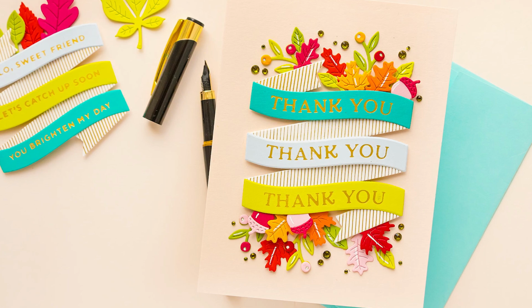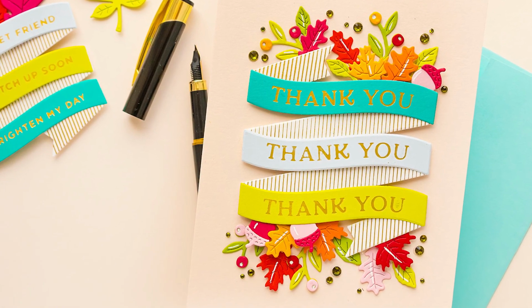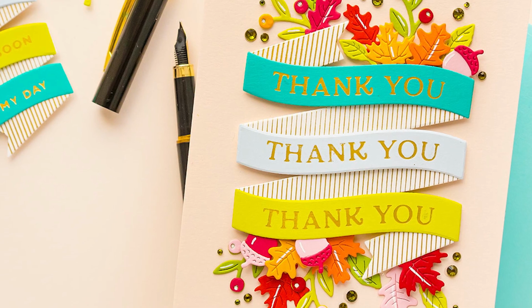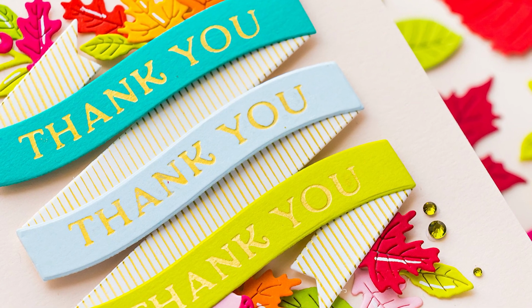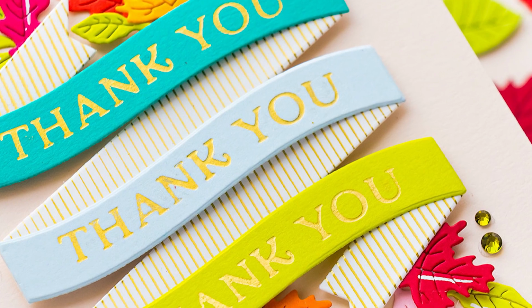Today I am creating with the Spellbinders Glimmer Hot Foil Kit of the month for September 2021 called Glimmering Build a Banner. And this kit is just that. It is designed to create a stunning foiled banner for your handmade cards. You have a combination of hot foil plates and dies to foil the sentiments and then to cut the banner